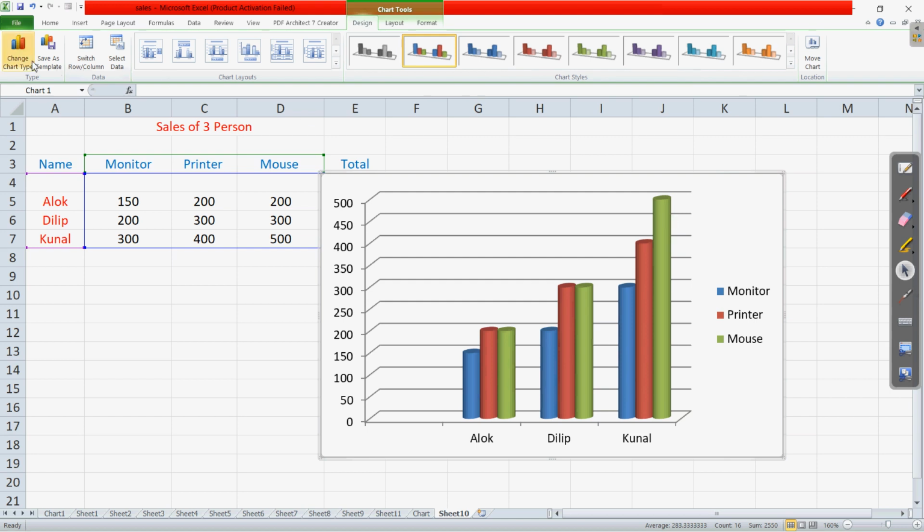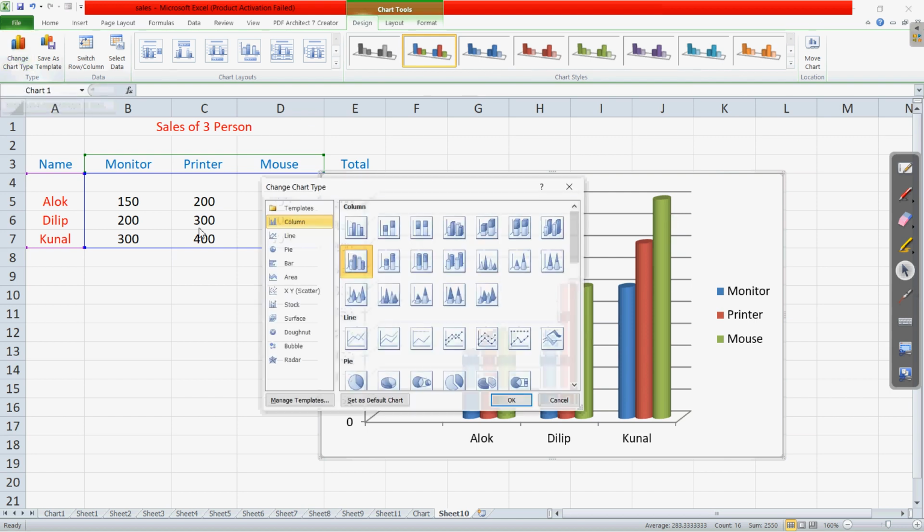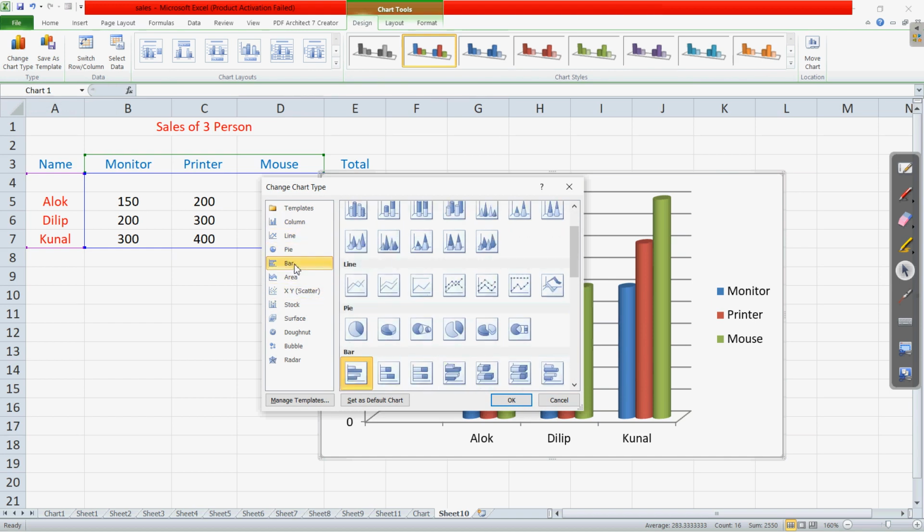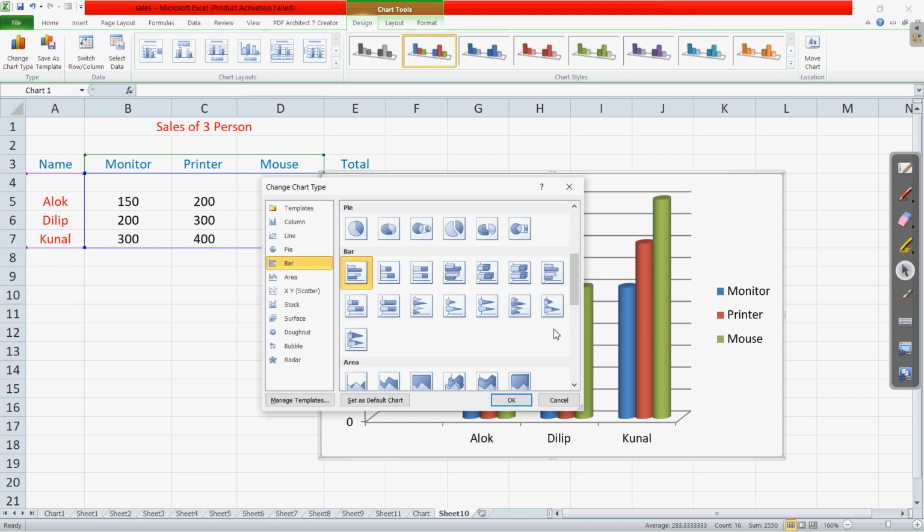In the design tab we have the chart type option, and from here we can click any of the other chart types. For example, from the column chart, if I am changing to the bar chart, here I have selected bar chart, and now you can select any of these from here. So let us select a bar chart.